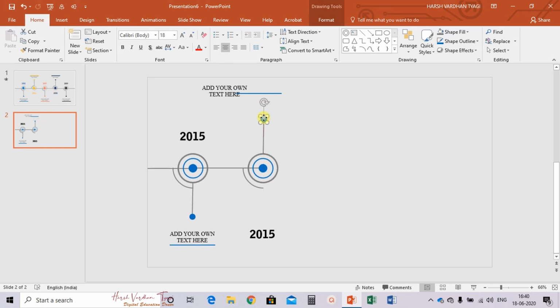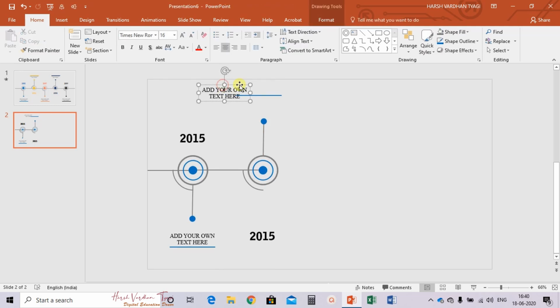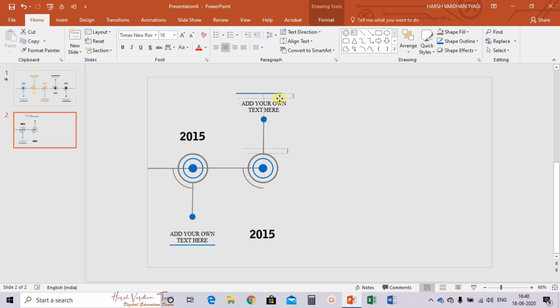Yeah, here use this, adjust it at the center. Fine. Use this option and rotate it so that it can go to the upper part.